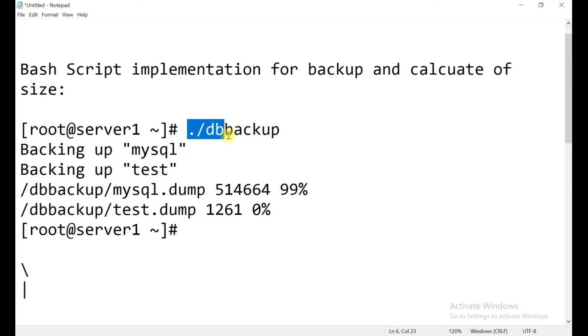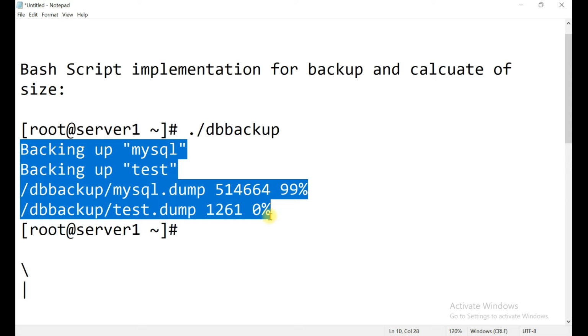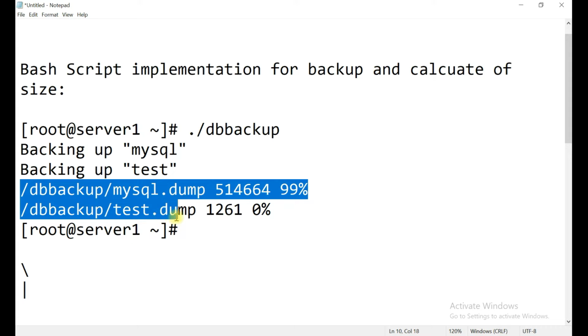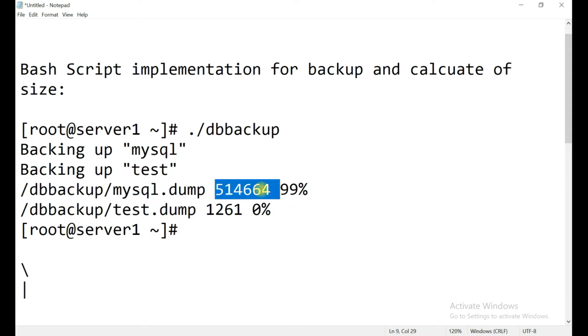If you see, this is a script. We have to give this script a name, and this script must perform all these functions. You can see backing up MySQL, backing up test, whatever databases are inside. Similarly, it should show the status: the location for both databases, the size, and the percentage of backup completion.